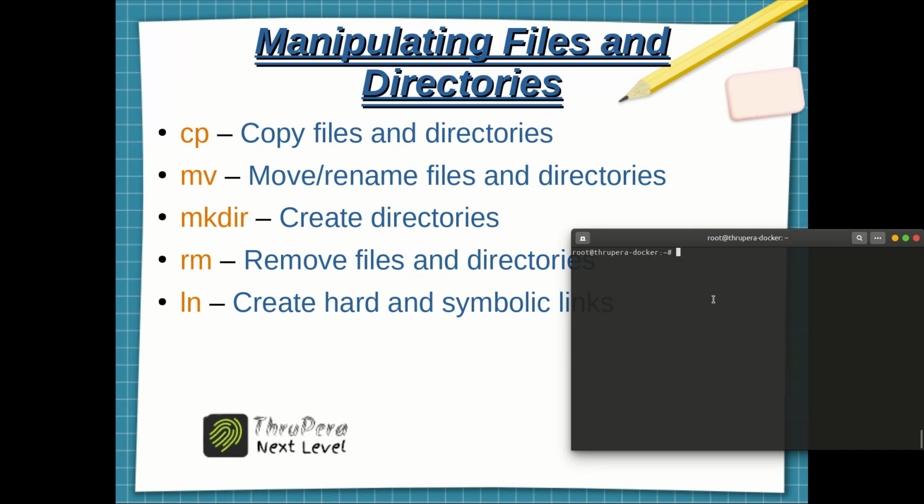So the first one is the star, which matches any characters. For example, in a list you have a bunch of files and you need to find something, or you want to match all the characters, so you can use this star. And there is the question mark, which matches any single character. It's not a complete match, it's going to match a single character. And there is